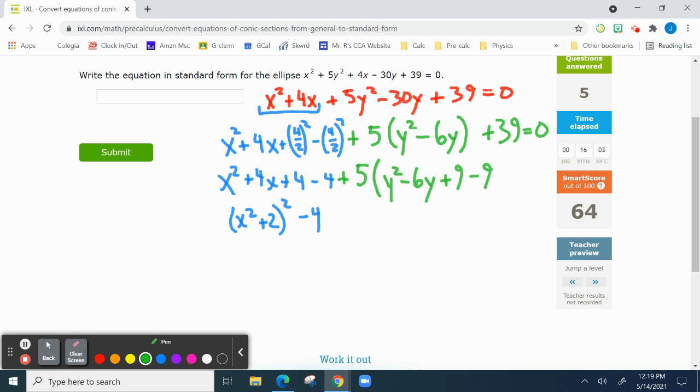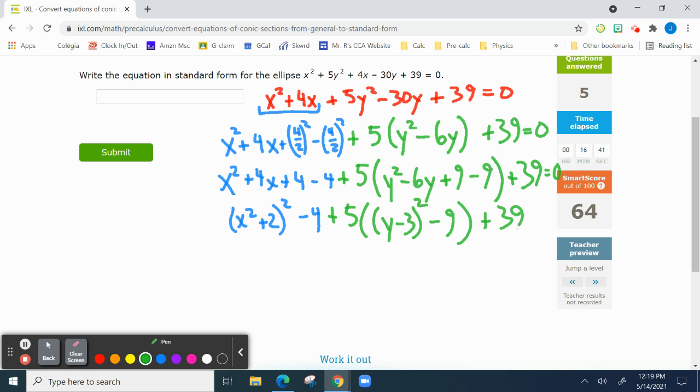Because negative 6 divided by 2 is negative 3, but negative 3 squared is 9. So that's what has to go there. Okay, so I haven't changed the value of anything still. I'm just rearranging. All right, so now this is going to be plus 5, and then this is going to be y minus 3 squared minus 9